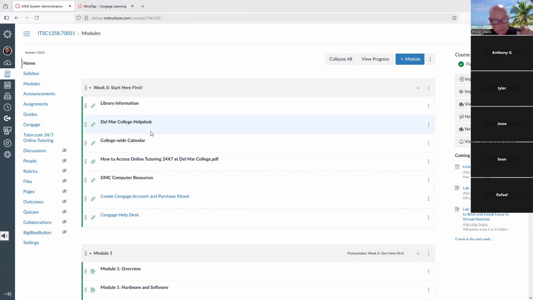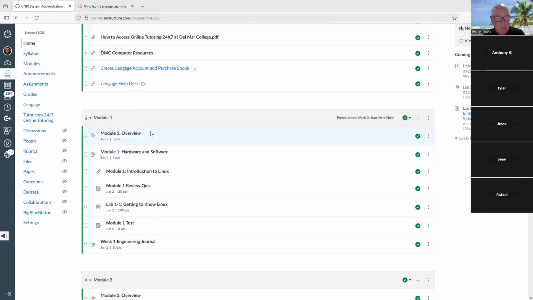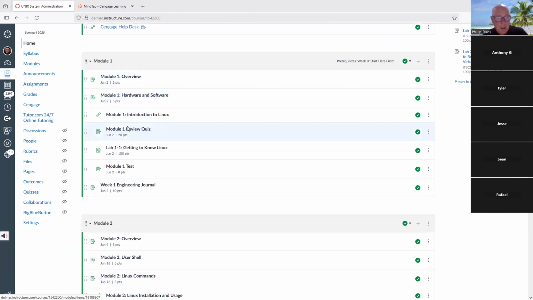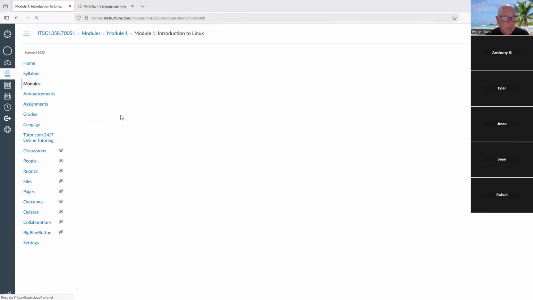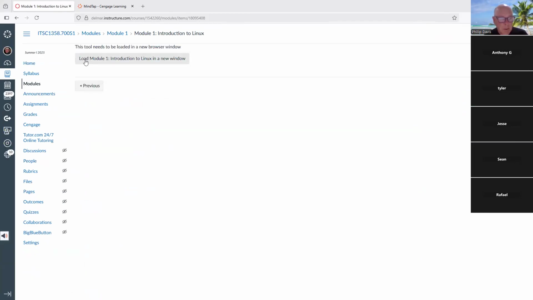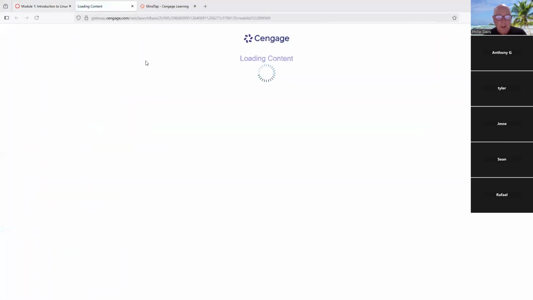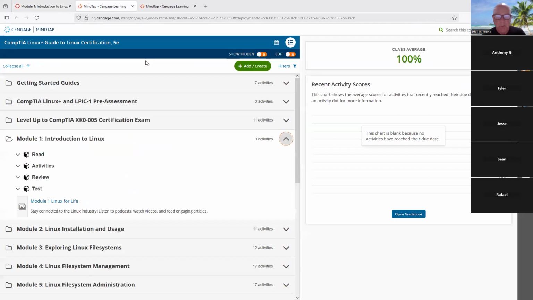These are short, succinct, and good summaries of what you're learning. Now, if I go to this module 1 here and click on that, it'll say load module 1, introduction in new window. So if I click on that, that's going to go out to the Cengage, where you're going to have to create an account and register. And let's take a look. So this is the Cengage